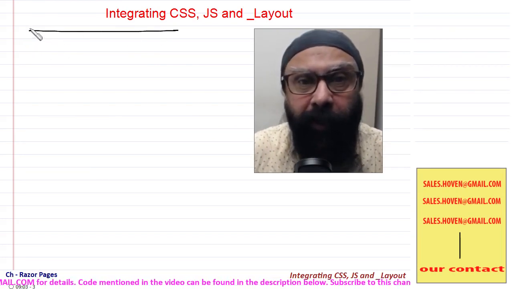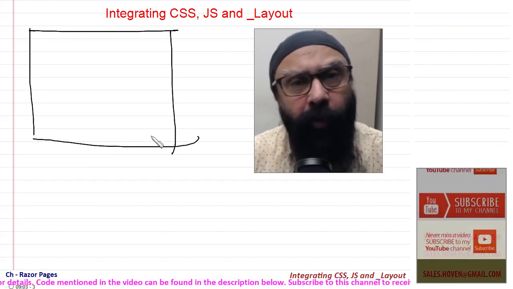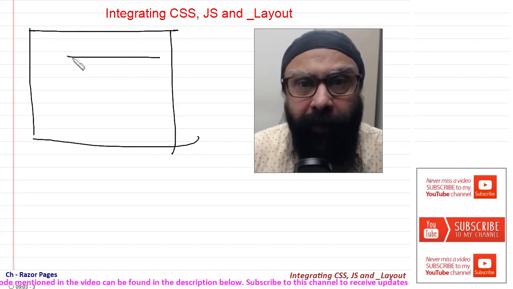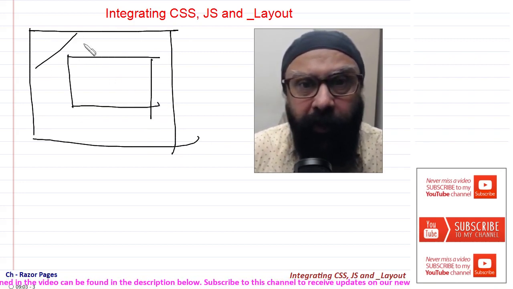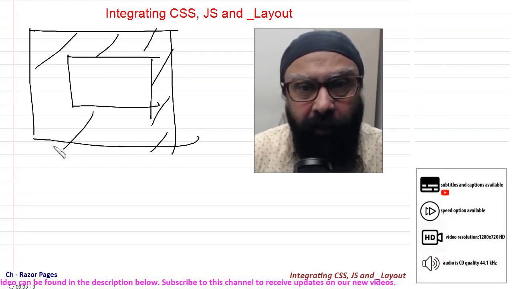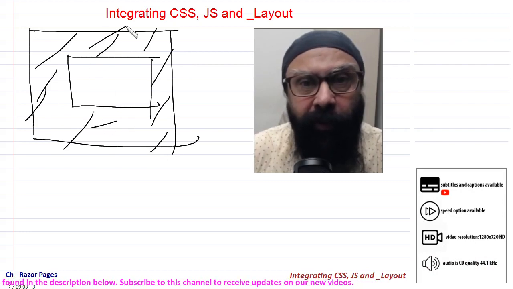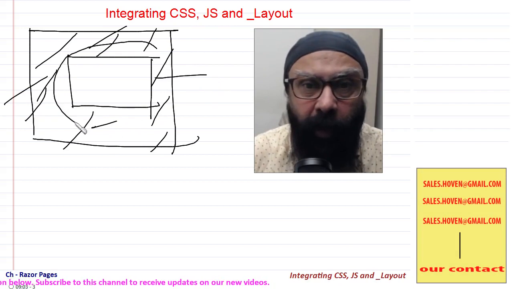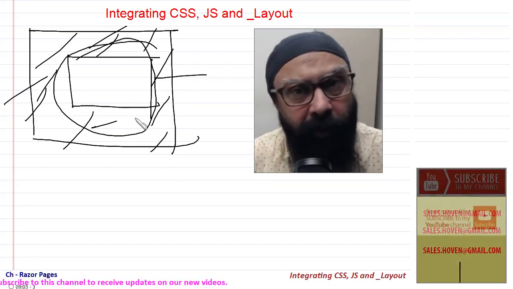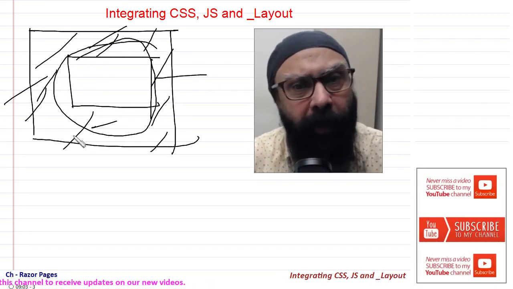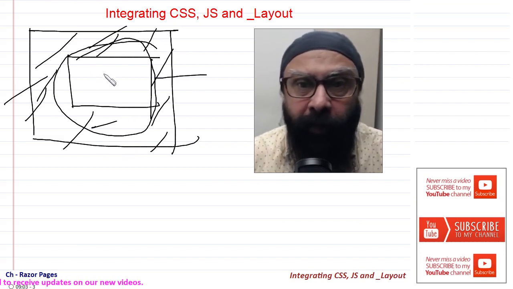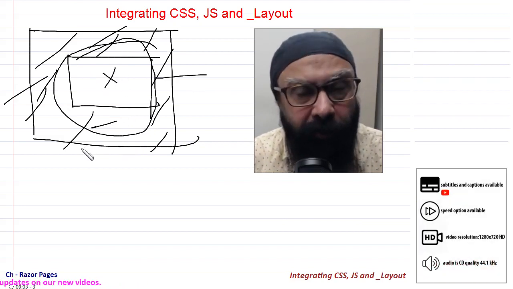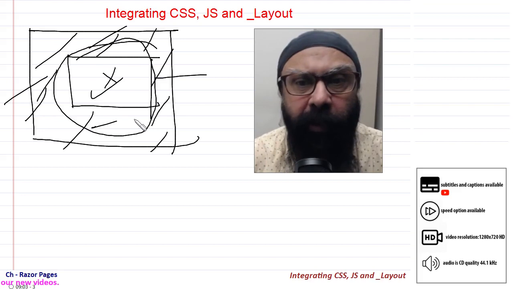A master page is actually, if you remember your ASP.NET old story, that this part of a website, this is the footer, this is the header, this is the left side, right side. This part of a website is always fixed, the menu and all, and this is usually fixed. This is the only part that changes. Possibly this and maybe a few other